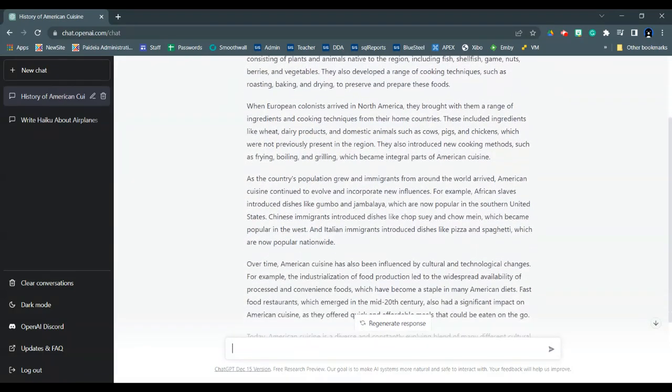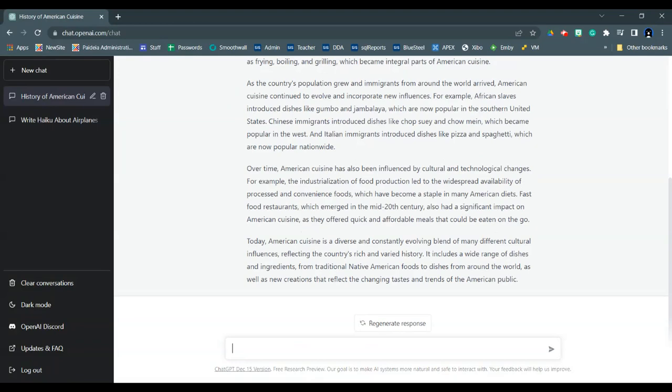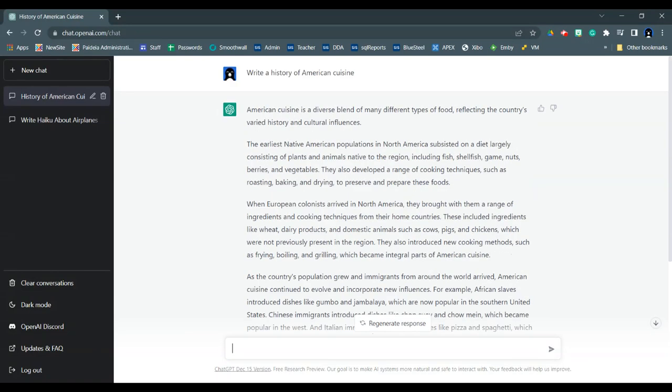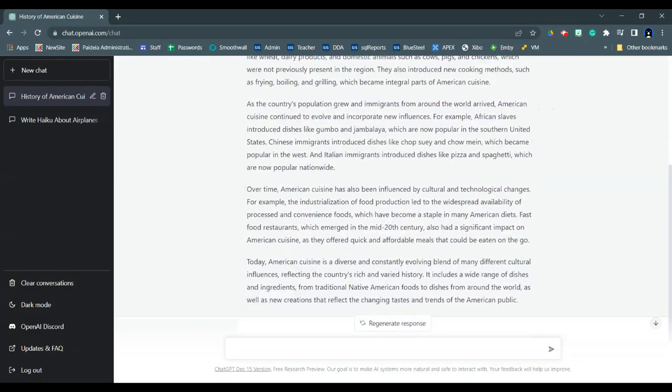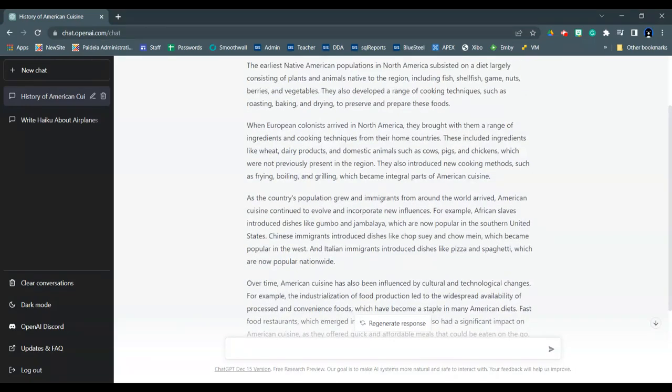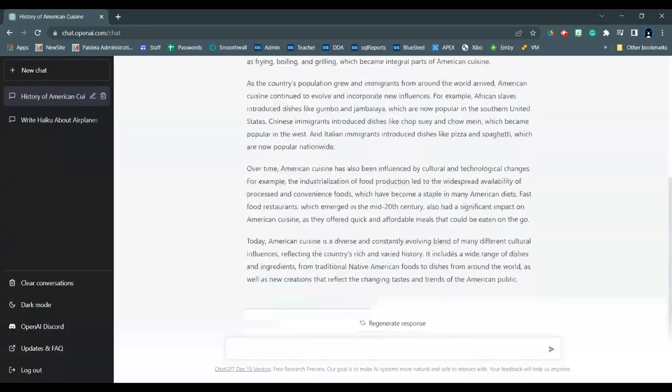If I did a Google search on this, I would get similar types of results, but this is giving it to me in a digestible, much simpler format than trying to go through a bunch of Google's search results and figure out which pages are good and which are not. The thing that you cannot do with Google that you can do with a chatbot is ask clarifying questions or dig deeper into specific topics.